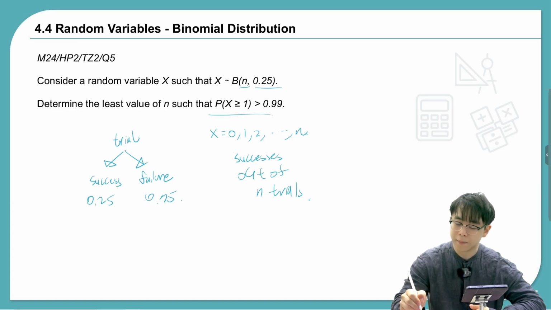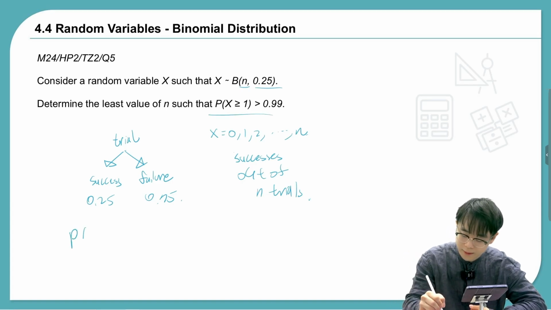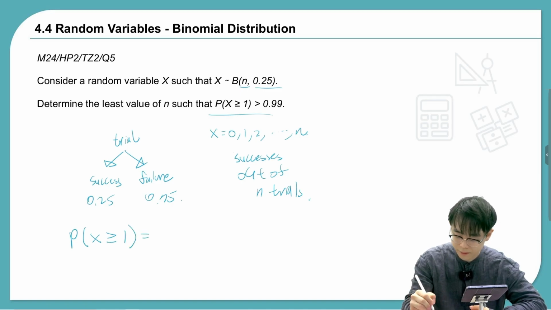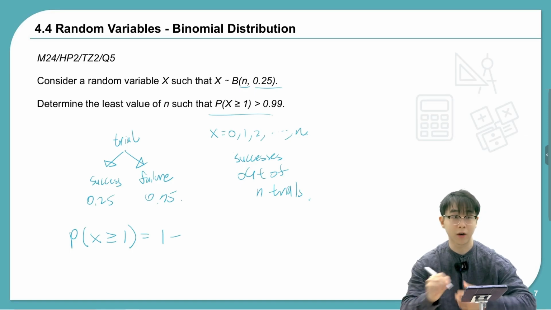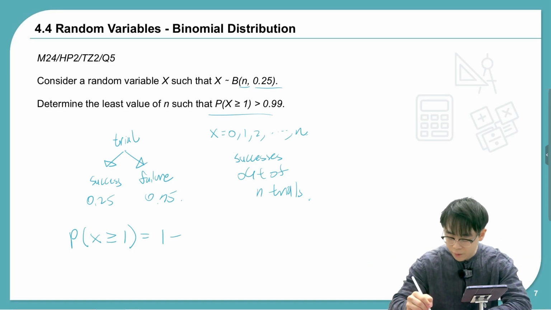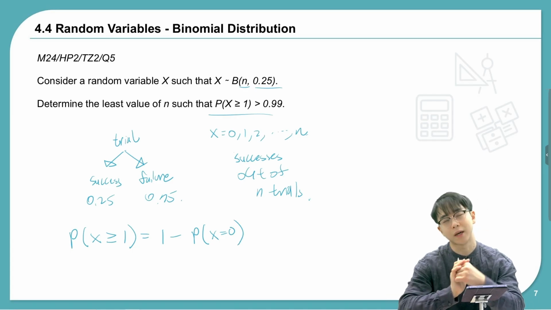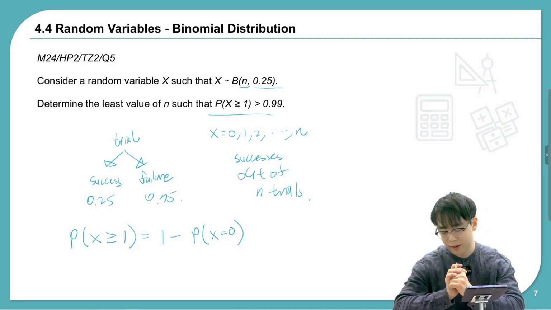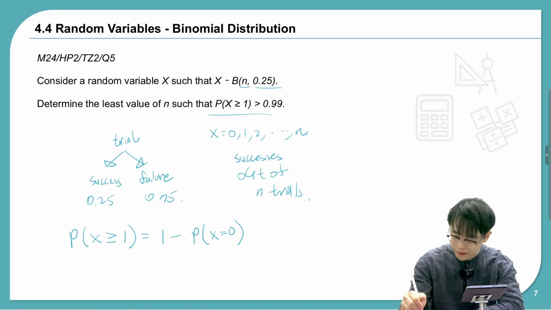But we want the case where x is greater than or equal to 1. So what we want is from 1, which is all the possible values of x, we want to subtract x equals 0. Okay, so we want to subtract the probability where x takes 0. And we want that to be greater than